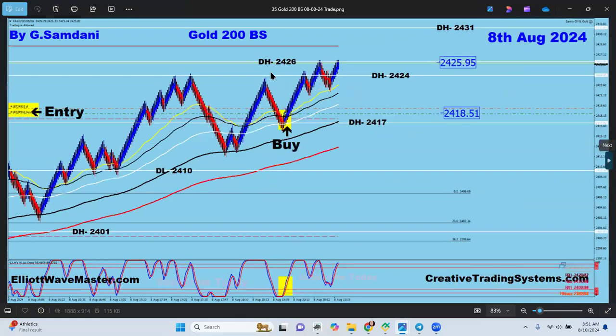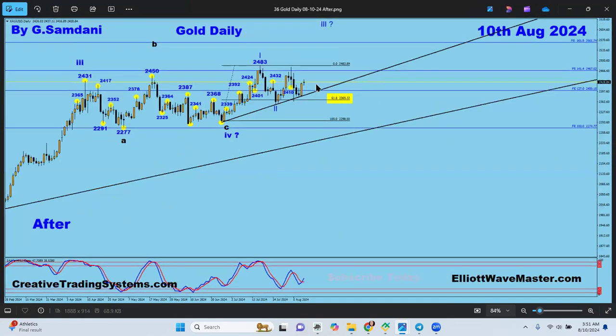Then another entry here from the 200 chart, after dropping, and this is the entry. See that beautiful entry all the way to 24.26. That's another level, right? And 24.31 is there, but I said, well, let me just get out and see what happens next. It went up all the way to 24.31 anyway. This is what the daily chart looks like now, right? See this 24.31, this is where it is. It hit and then got stopped here.